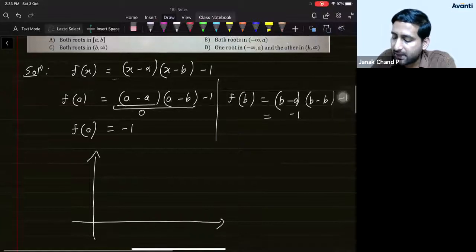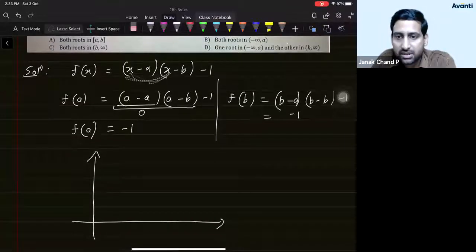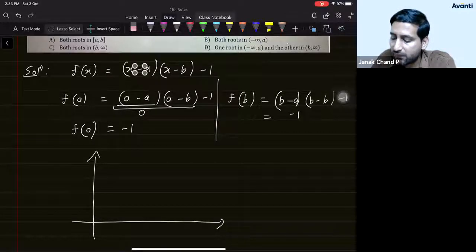As you can see here, once again, when you do the multiplication of this, x into x will give you x square, and the coefficient will be plus 1. Only when this is getting multiplied with this, you will get x square, and then the coefficient will be 1. Vishwa, very good, Vishwa has already given the answer. That is correct, Vishwa. So since the coefficient of x square is positive 1, this is a quadratic equation which is again looking upwards.